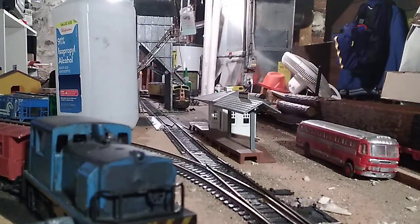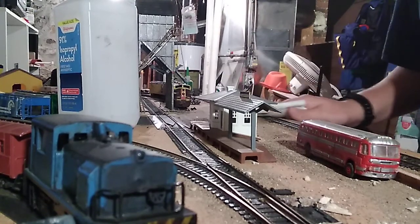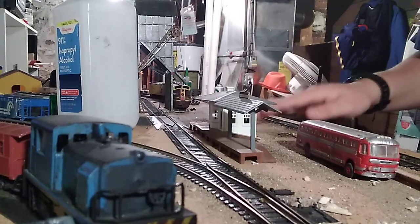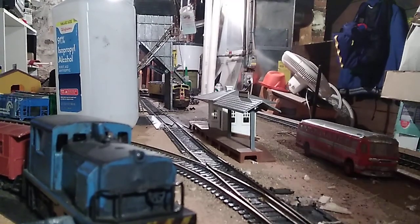Look at that. That's what was there. Look at that. That's just normal dirt. It's just what comes off when you use your rails and you have a lot of plastic wheels. Gotta get them switched down. Because I can switch out